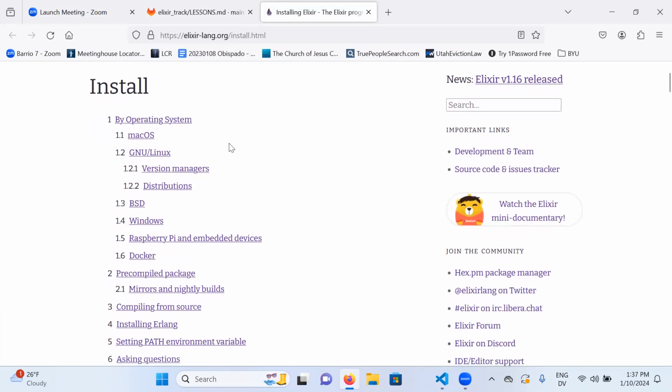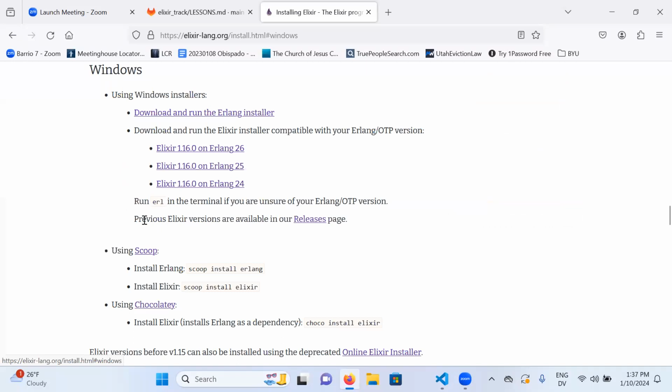So I am on a Windows machine. If I go to Windows for installation, I'm showing a Windows video because I have Windows, but this actually works out great because I think it's a lot easier to install on either Linux or Mac, and everybody else is probably going to have Mac. But you can see that here as well, Mac OS. So if we go to Windows,